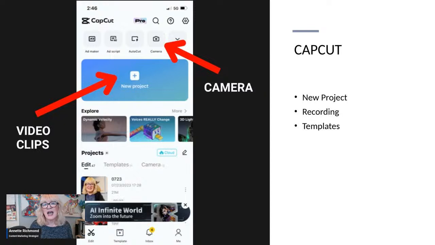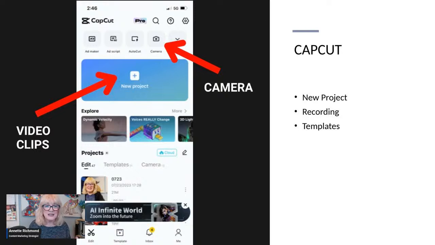Okay, so this is CapCut, and you can also upload videos in clips. But if you have a video recorded on your phone and you want to edit that, I find that CapCut is a better option, partly because when you upload a video in clips, clips does not allow you to edit or to caption, at least in my experience, videos that you have not recorded within that. And CapCut is a lot of fun.